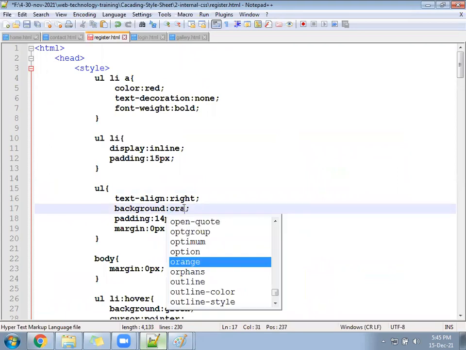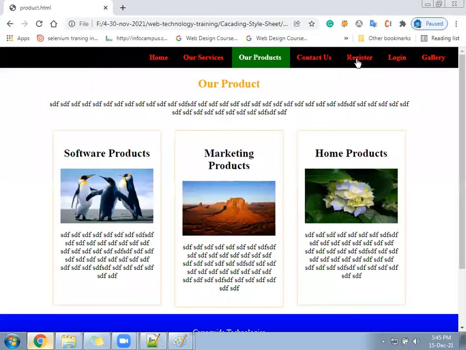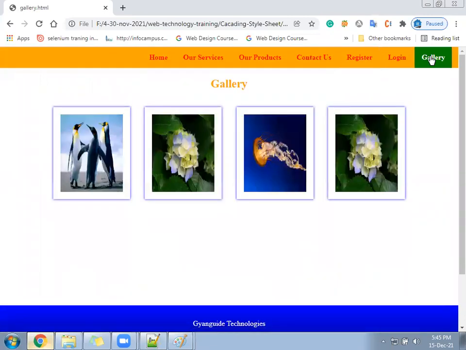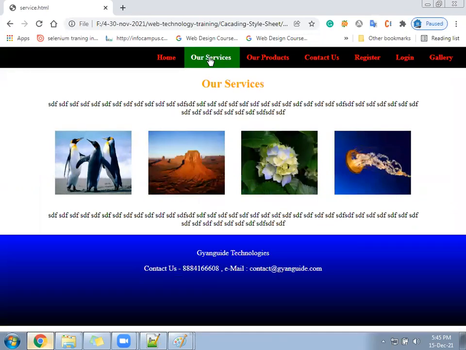Now the register page plus gallery page have the similar color. But when we go to the service page, the service page has a different color because it has different CSS. That is the problem of internal CSS.